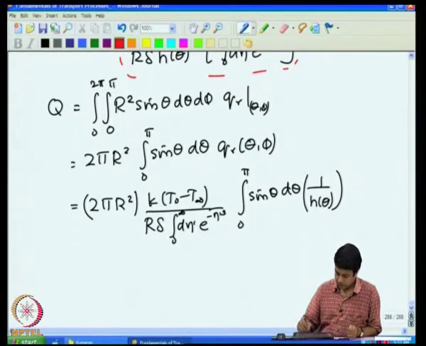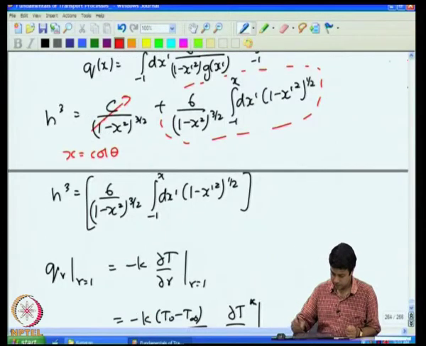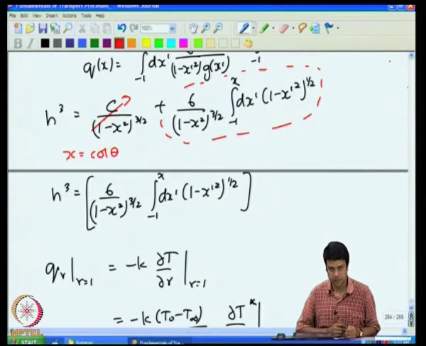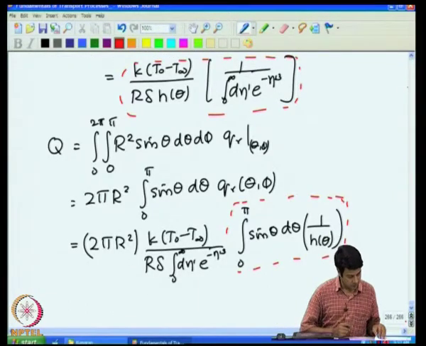So, I have a functional form for this h of theta. Okay. It is a complicated form. Okay. It is expressed in terms of an integral. Okay. Here h cubed is given by this. So, it is expressed in terms of an integral, but I do have an analytical form, and I can solve for this in order to get the solution for the heat flux. Okay. And if I solve for the heat flux, what you get is